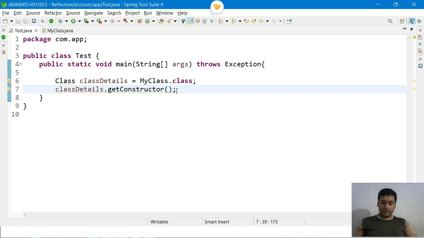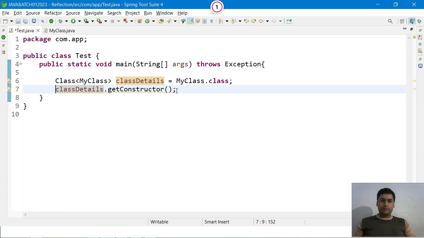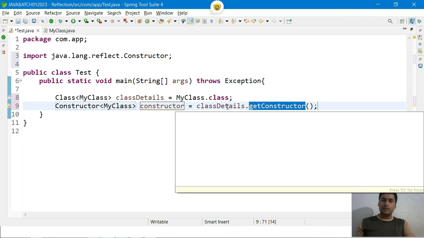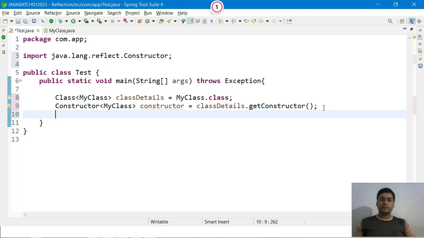Okay, so I have to store this constructor type. Fine, so I store it inside the constructor. I have called class details dot getConstructor. It gives one constructor of type MyClass, and I have stored it inside the constructor. After that, I am going to create a new object with the help of the constructor. So I got the constructor, so I will tell it,